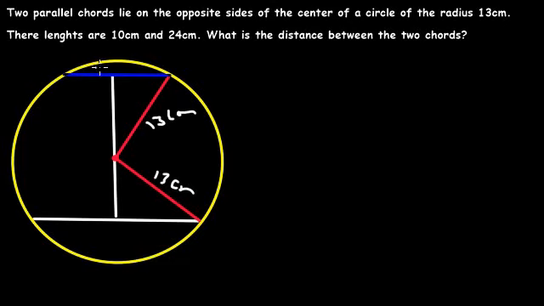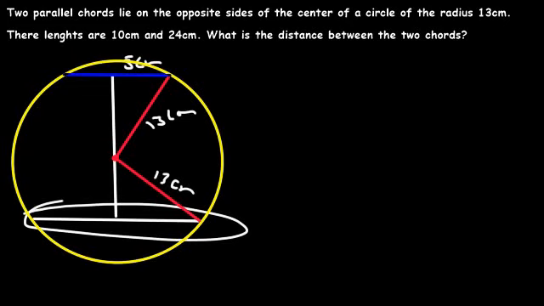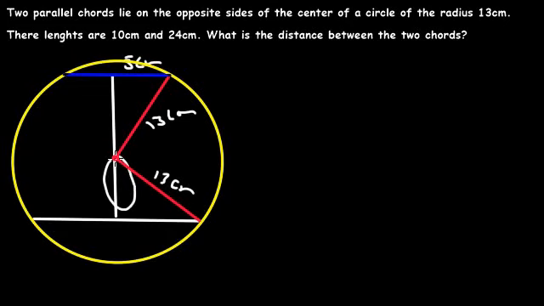Chord in blue color is given as 10 centimeter. And since we have a line that bisects it, then it means this will be 5. Okay, I will consider this will be 5. I don't need that. So that's the only one I need. Now the chord in white is 24 centimeter. Since this line has bisected, then it means